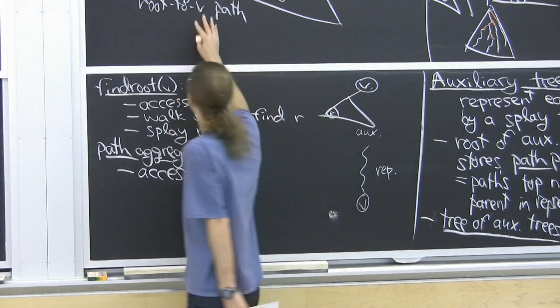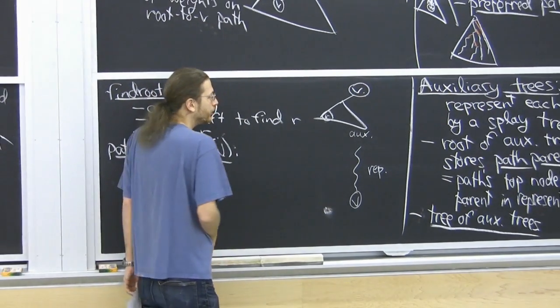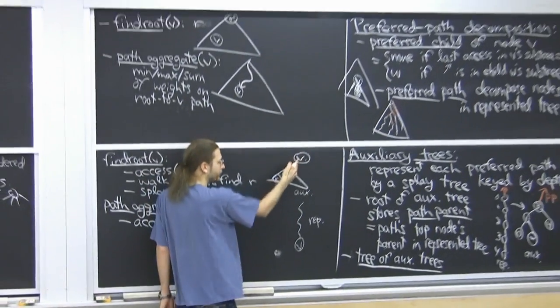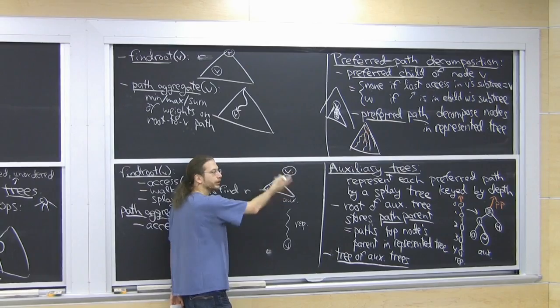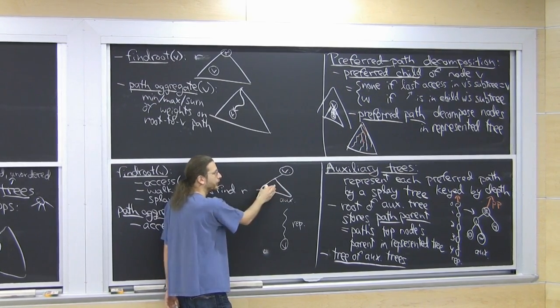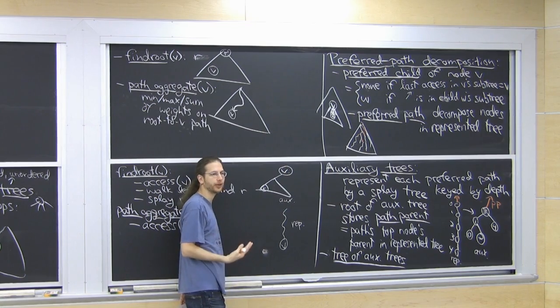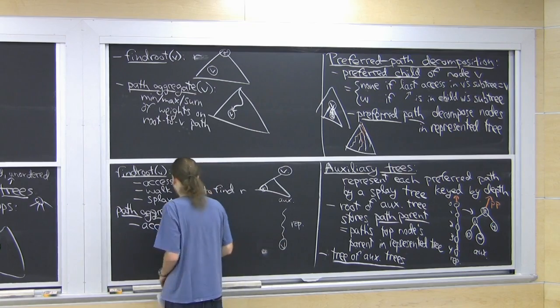And the goal of a path aggregate is to compute the min or the max or the sum over those things. So I basically have this tree that represents exactly the things I care about, and I just need to do a sum or a min or a max or whatever. So easy way to do it is augment all the aux trees to have subtree sums or mins or maxes, whatever operations you care about. And so then it's just